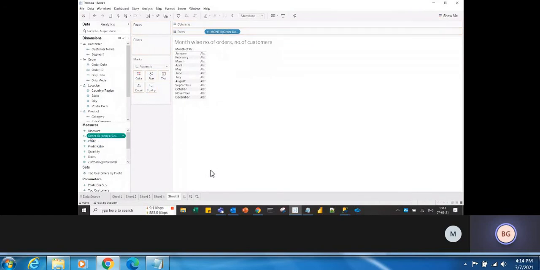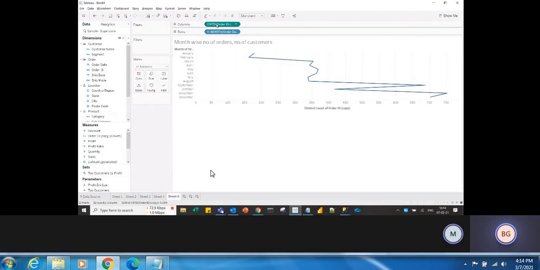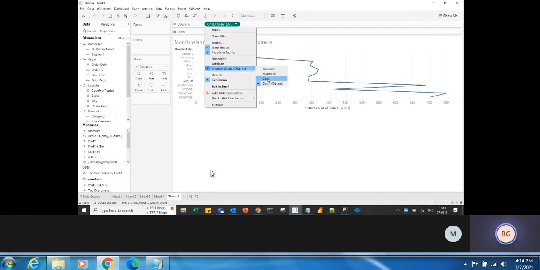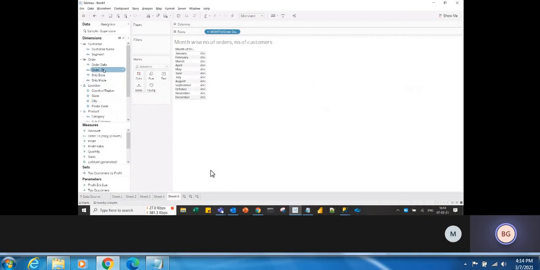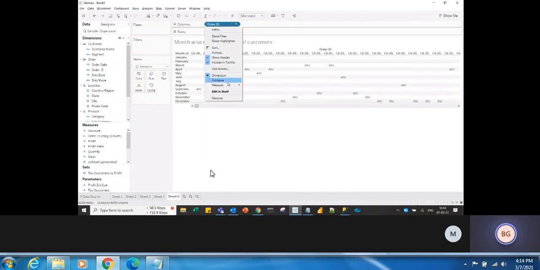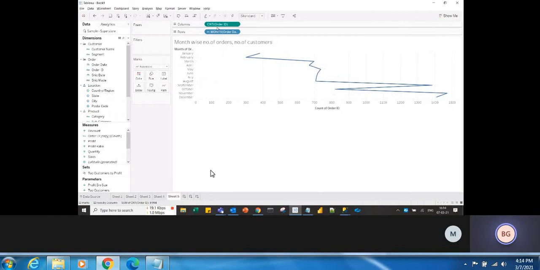See, now you can drag this, so it will take count. So it has taken count distinct. It's all up to your requirement, whether you want to take count distinct or count. Okay, so there are two ways again. Drag the order ID, take it into measure, and do the aggregation as count. So this is also a way you can do it.